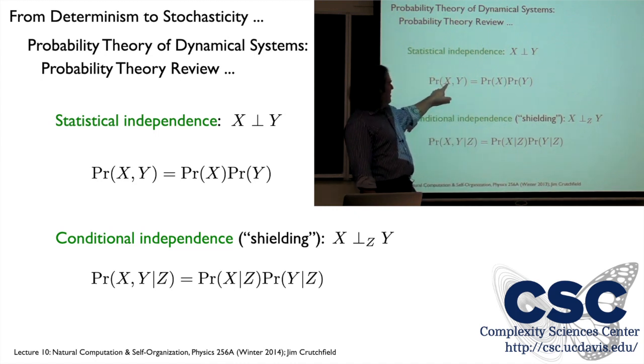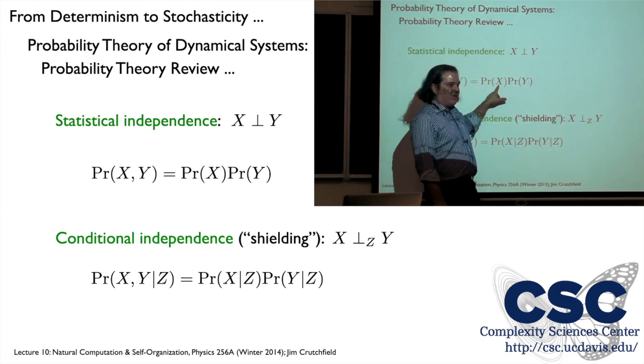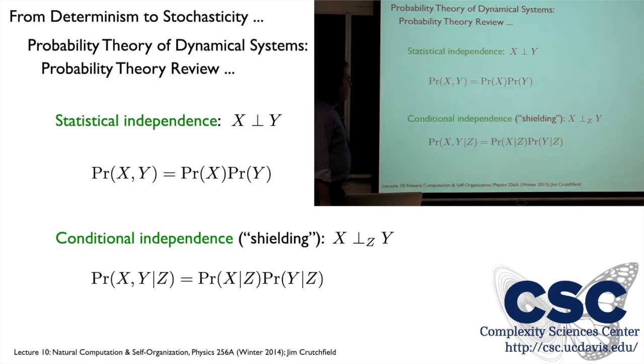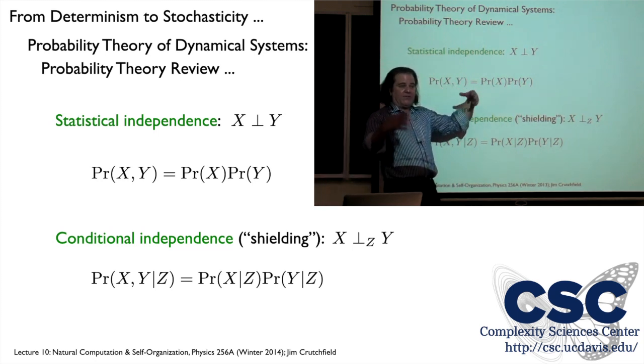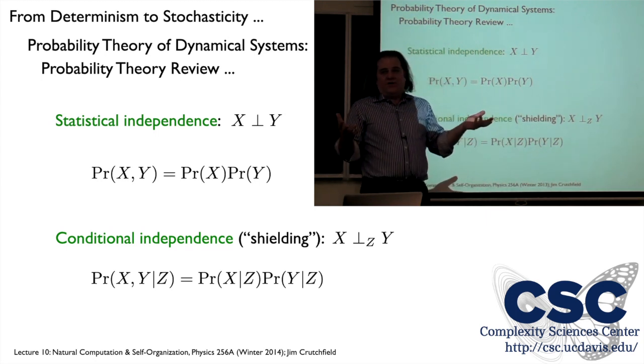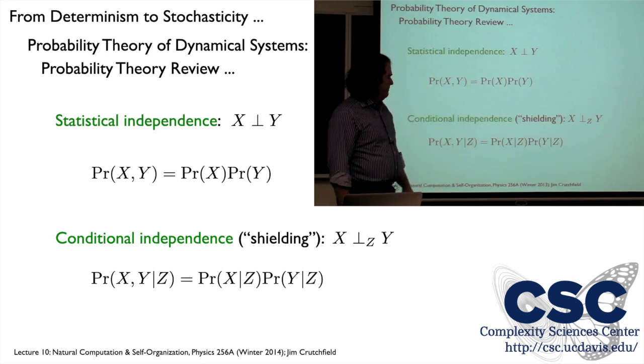The probability that the events x and y occur is the product of the probability that x occurred alone and the probability that y occurred alone, just their product. So this is one way of testing. If I have some distribution over pairs of events, I can check numerically if this equality holds and then conclude that the two events, whatever they are, don't depend on each other, are independent.